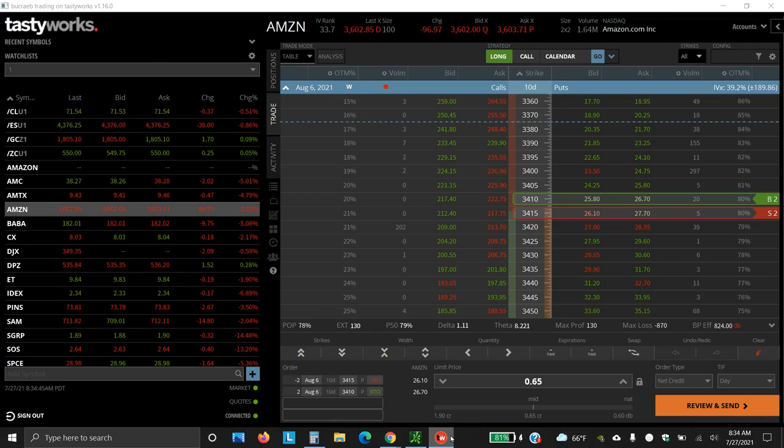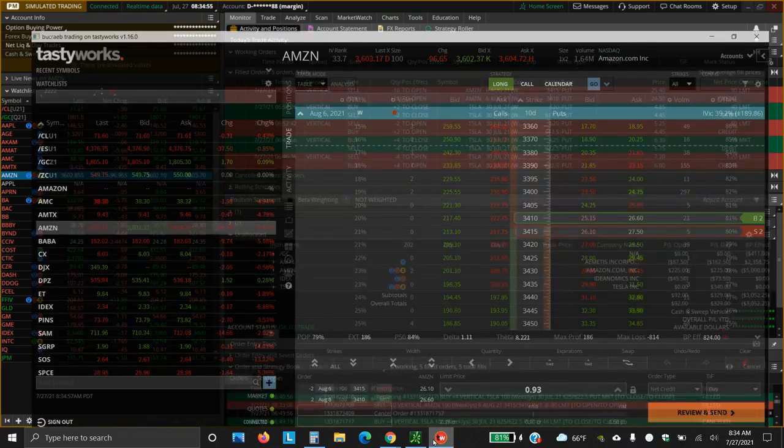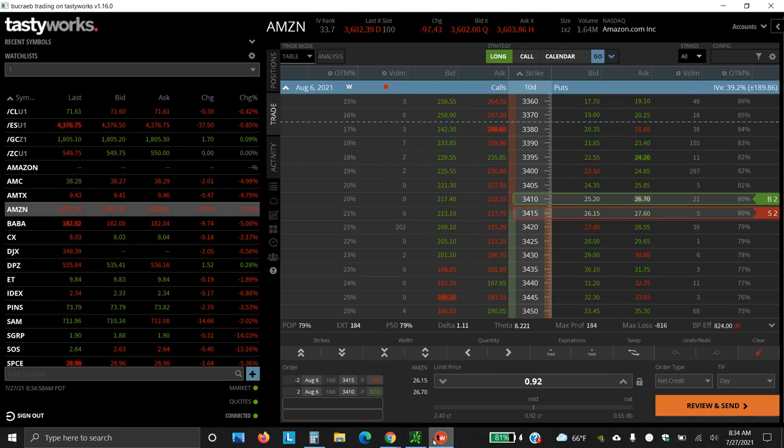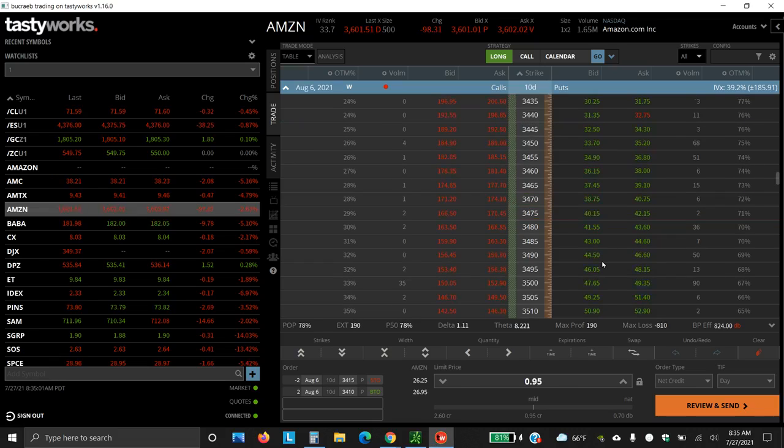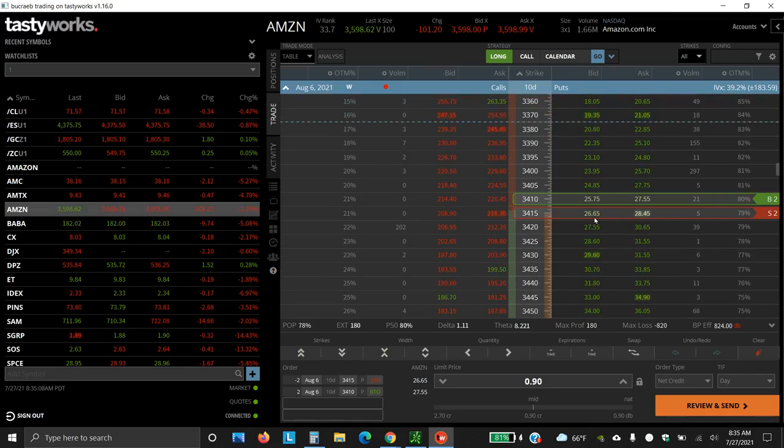So now I'm going to wait until earnings, and this will skyrocket up or go down. It doesn't matter, but that's what we do. That's all we want to do. We have to enable spreads on your account when you open an account to do this. Because if you're just to sell this, you would have to put up. Let's see what we have to put up.